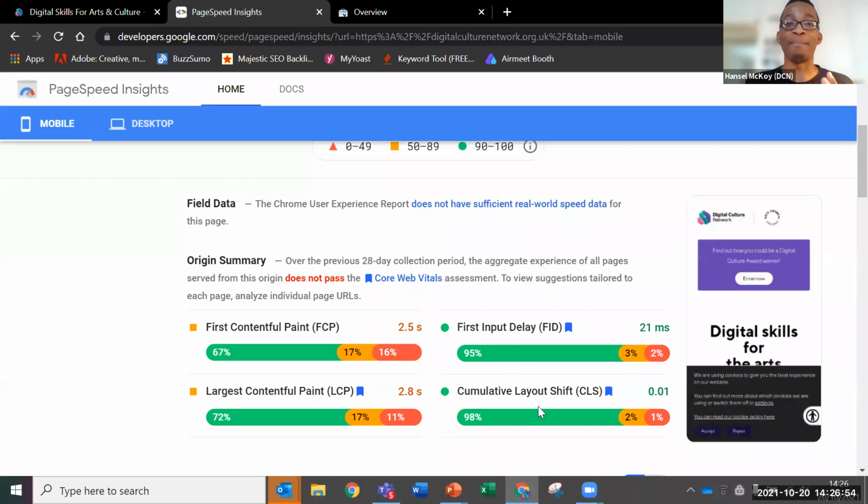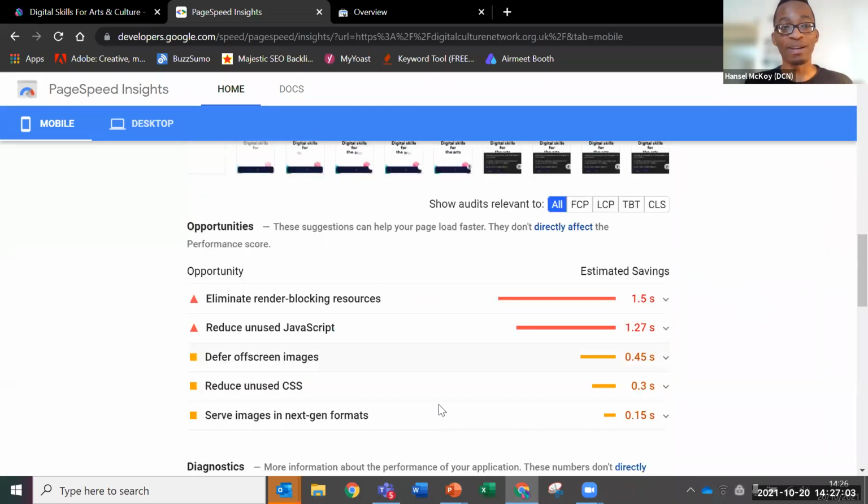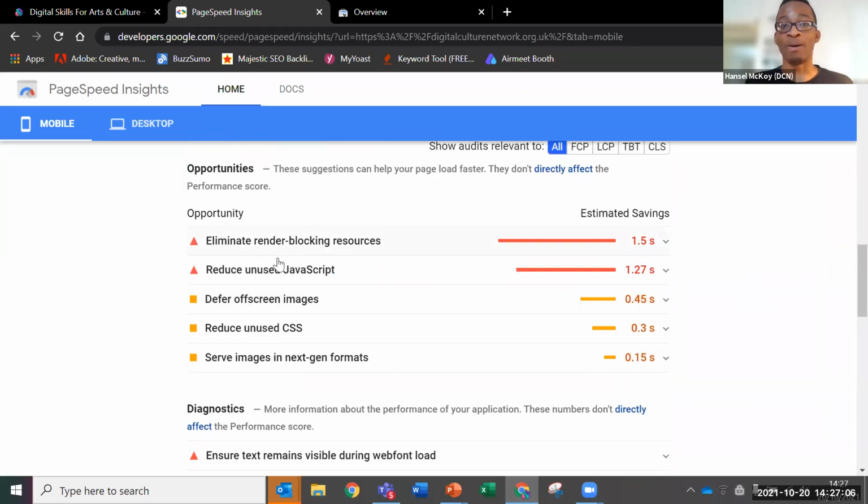But beyond some of these basic metrics, we do have some actionable steps that we can take forward to our developers. And so, for example, we can see where the actual opportunities are. And you don't need to know every single one of these yourself, but there are some core categories of issues that we should consider. The first is how much code is going on in the back end of our websites. If our website has a lot of plugins, which we can easily check if you're using a WordPress website just by going to plugins,